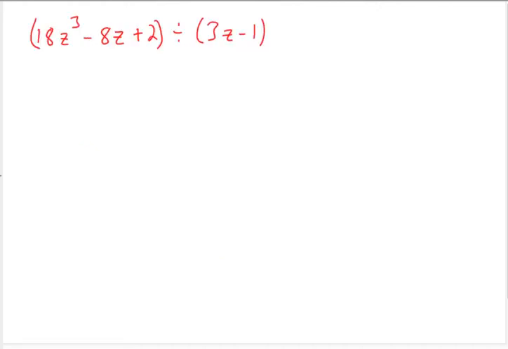Let's look at this one. So this is relatively similar. The only thing different is that if you notice it's in standard form, but it's missing a z squared term. If it's missing a term, that means it has a 0 coefficient, essentially. We need to put it back in there. So I'm going to write this under a division bar here: 18z cubed plus 0z squared, because there are none, minus 8z plus 2. We're going to divide all that